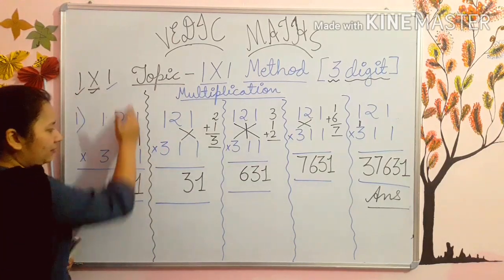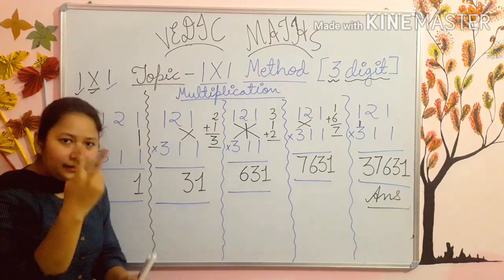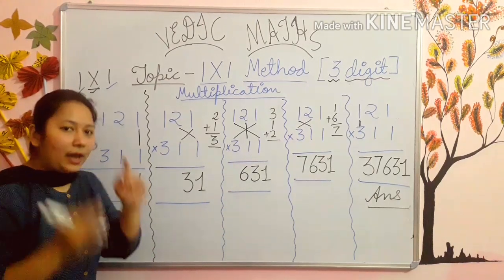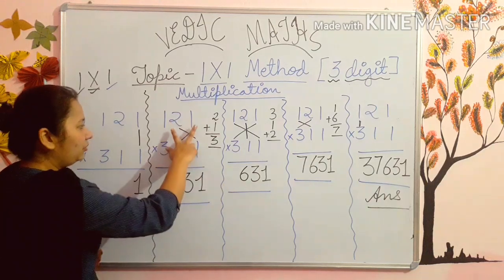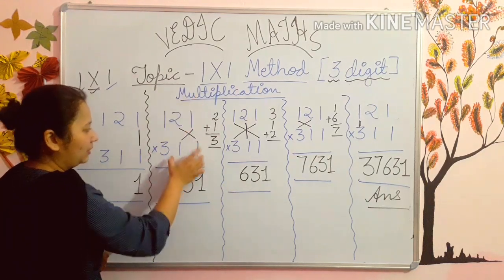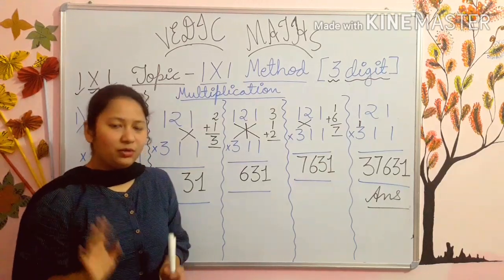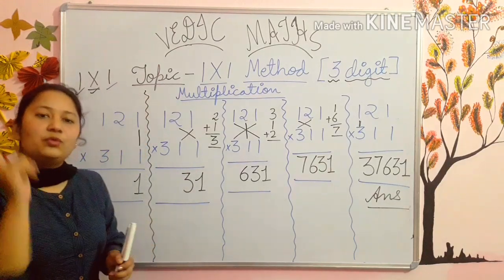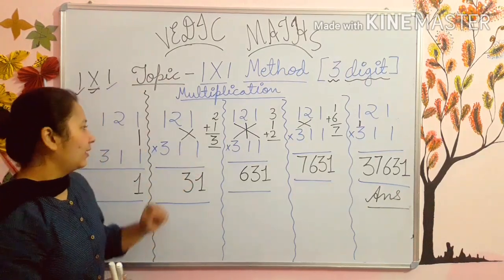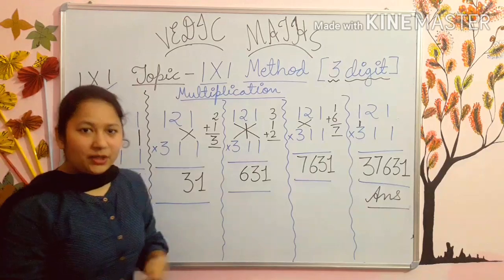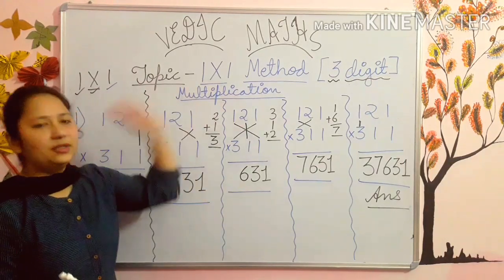So these numbers you will multiply, the extreme ones. Second, you will do cross. Now as you are starting from this side, you will do the cross of these two numbers, and this you have done in the 2-digit multiplication also. I hope, kids, those who have seen my previous video are well familiar with it. And those who have not seen my video, please watch my previous video first and then watch today's video.